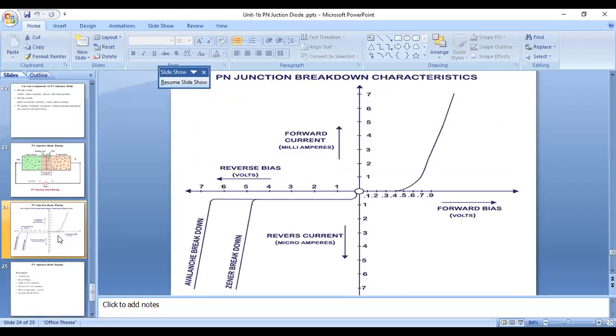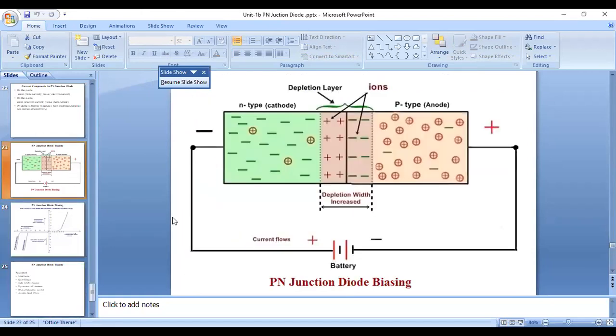Please go through again the working of the PN junction diode, that is the biasing conditions, and the parameters we have derived from the PN junction diode. See what the working condition of the PN junction diode is. Please make some keynotes. Keynotes also help you from the exam point of view. Please go through again and see all these points.